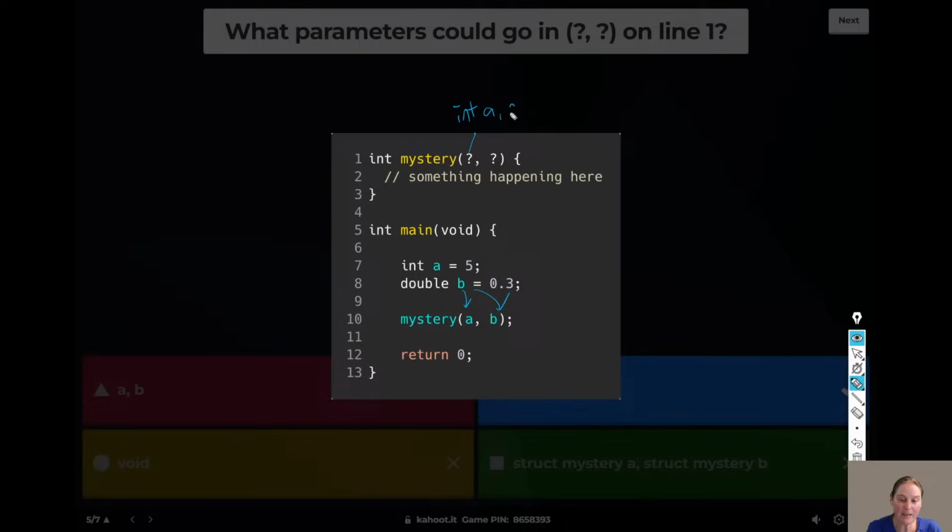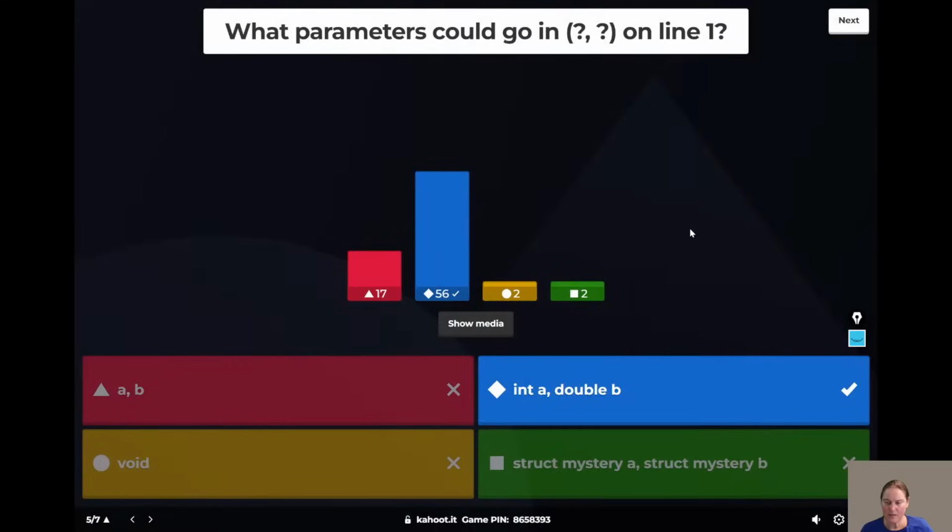It doesn't have to be A. And this is going to be a double with some variable name. We don't just put in the variables up here. This has the full type. And it wouldn't be void because we're passing in information. And there's no structs in this.